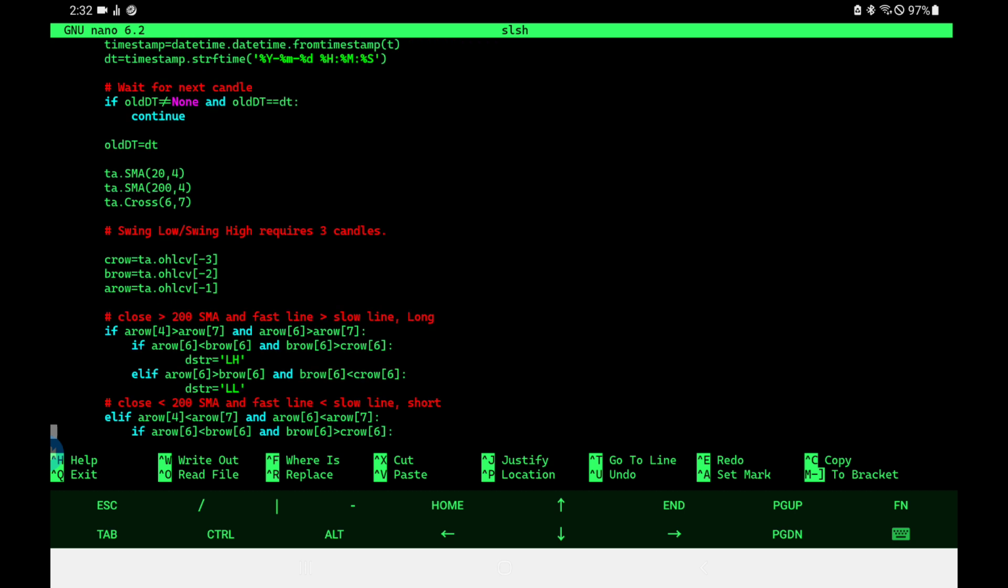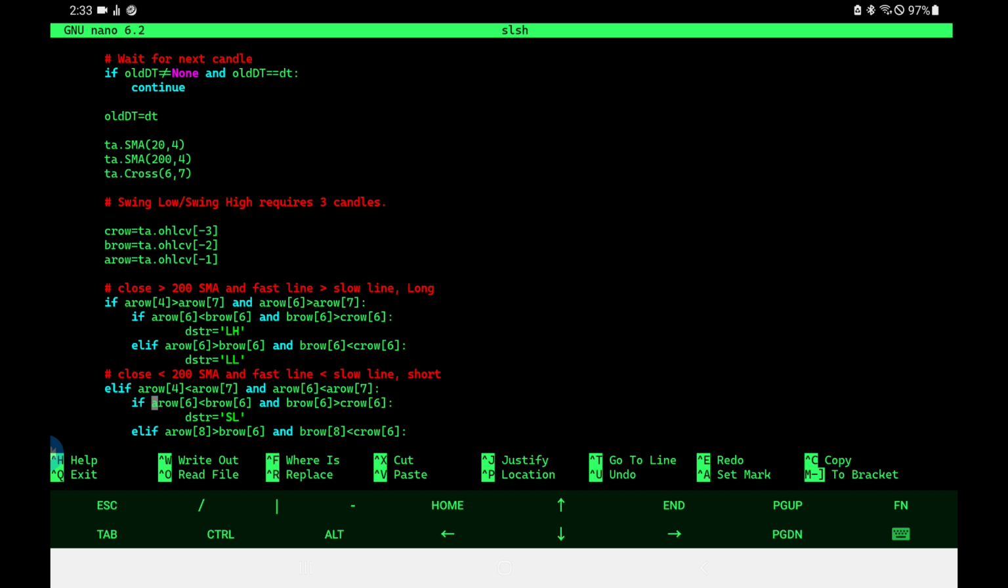So now we do the same thing when the market is moving downward, but it is the exact opposite of a long position. That is, price must be below the 200 period moving average, and the 20 period moving average must be below the 200 period moving average. Then our